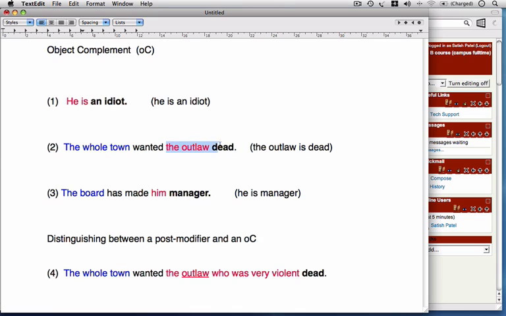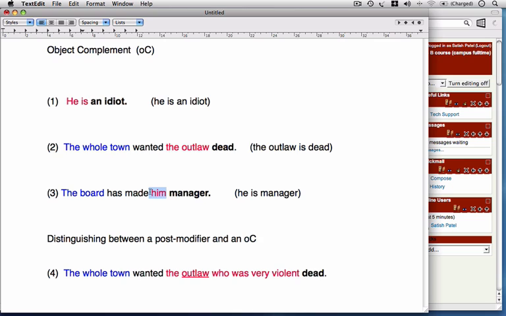And had this been just the clause by itself, then it would have been the outlaw is dead. So you can see that the object complement behaves similarly to the way the subject complement would have done, had this only been the clause itself, the outlaw dead. Let's look at 3. The board, this is the subject, has made, this is the predicator, him.